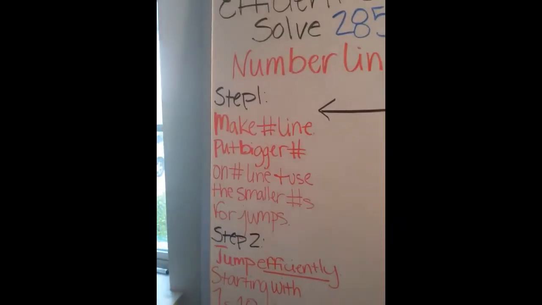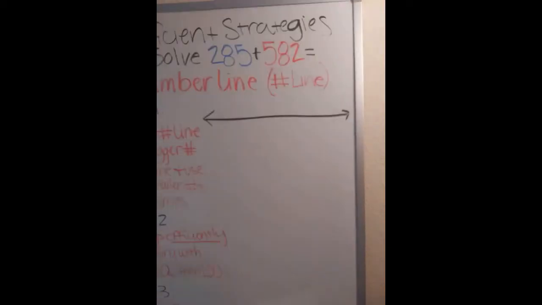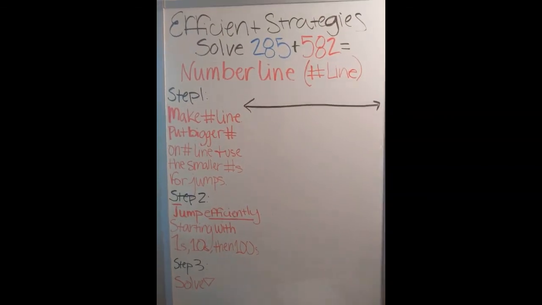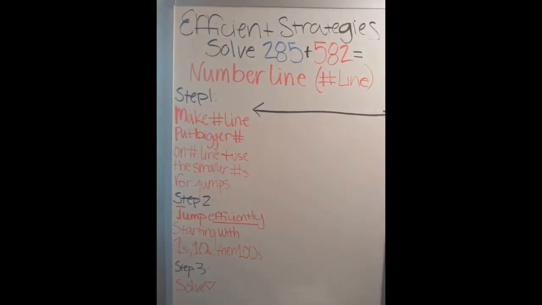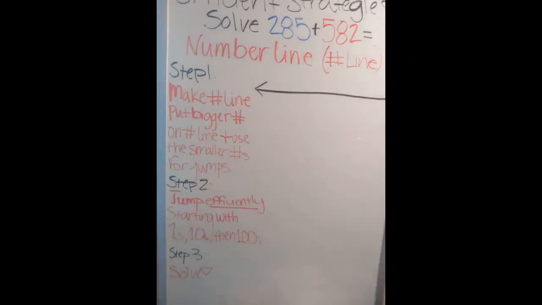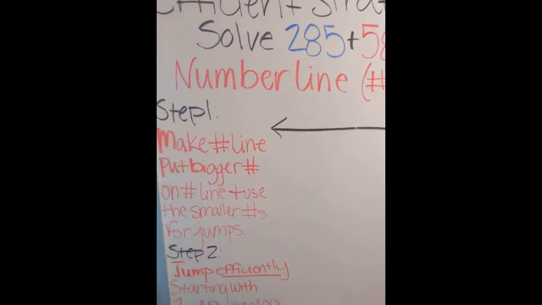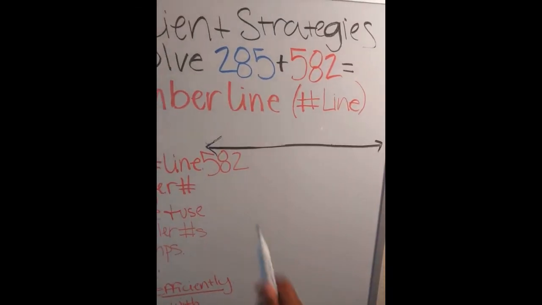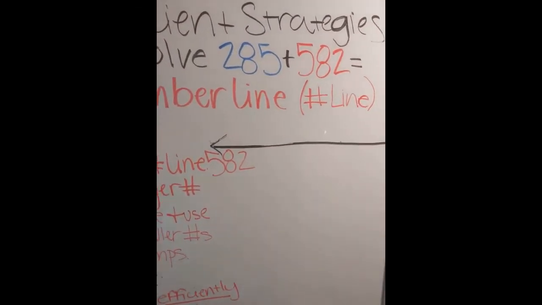Step 1, make the number line like so. We put arrows at both ends of our number lines because number lines are continuous, all right? So I am recommending that we go ahead and put the bigger number on the number line and then use the smaller number for our jumps, like this. Once we have added the bigger addend to our number line, we can begin doing our jumps, which brings us